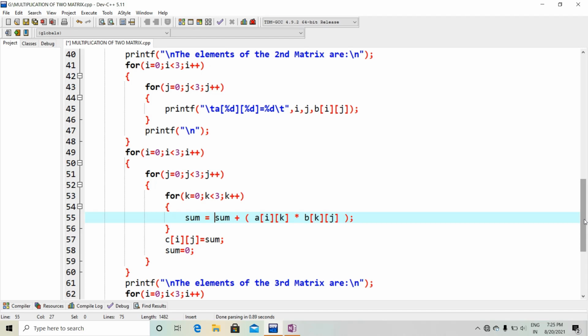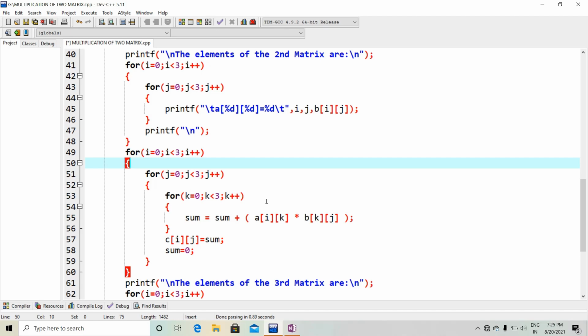For matrix summation and subtraction, we only have to take two loops, one outer loop and one inner loop, and then we add the matrix elements, and we store the result in the third matrix.